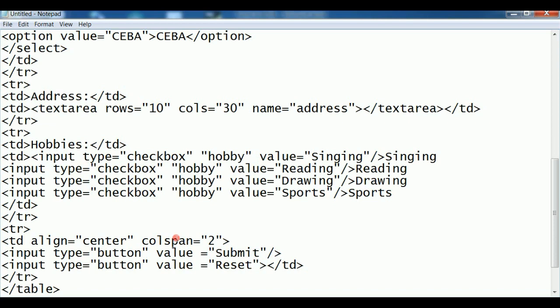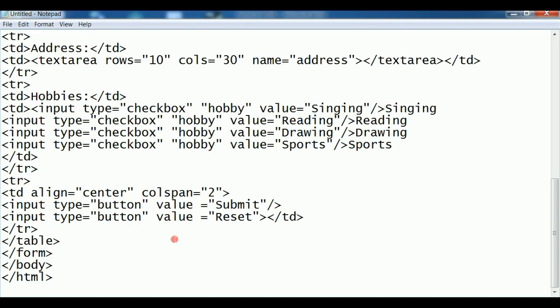In the fourth row we have selected hobbies and taken different things like reading, drawing, etc. We have done the hobbies, and the text area we have taken. Next we have the option called radio button. We have seen that. Finally, we have to go for a submit.